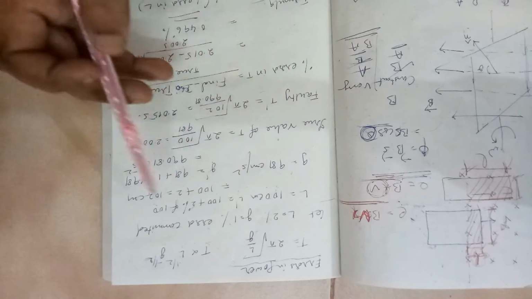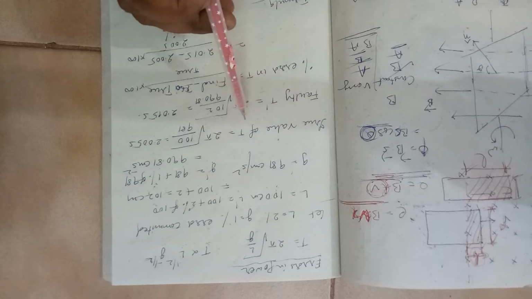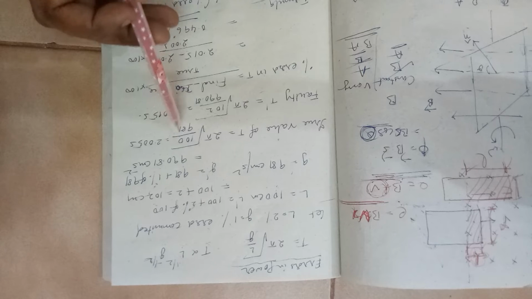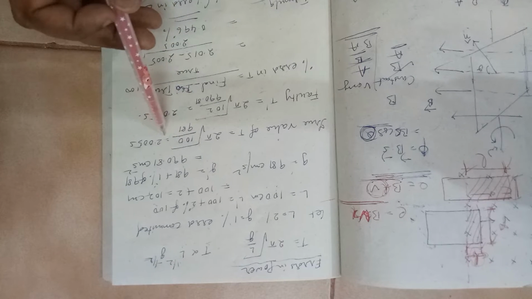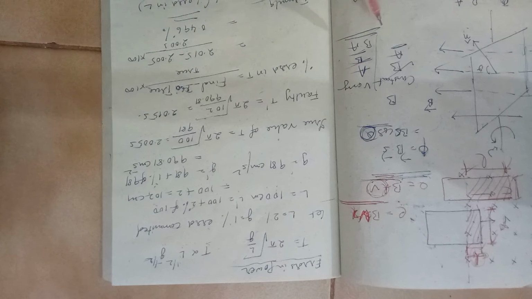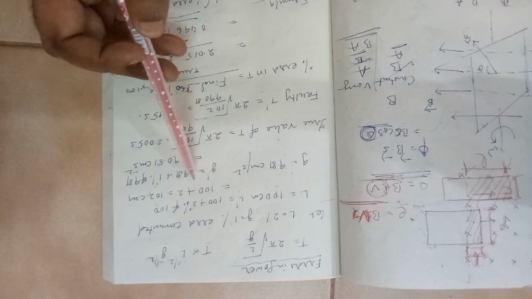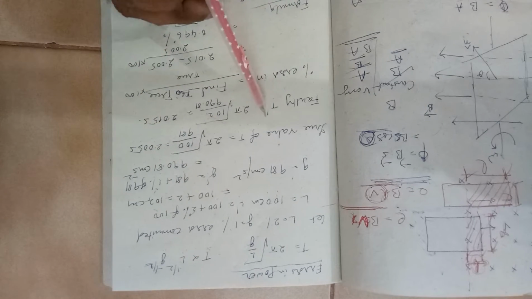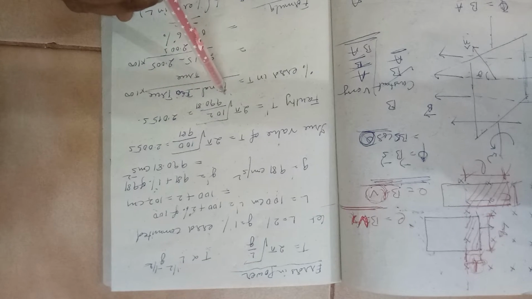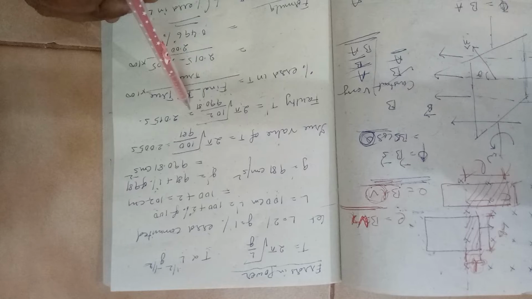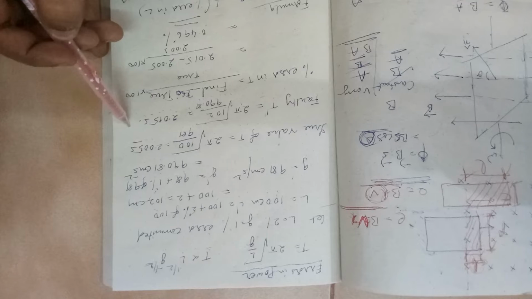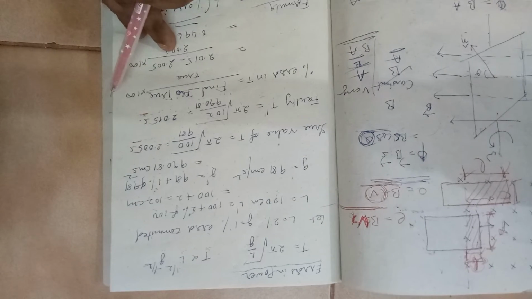So taking the correct values, what should have been the time period? It is t is equal to 2 pi into root over 100 by 981, equal to 2.005 seconds. But since there was error in the measurements, the faulty t dash is equal to 2 pi into root over 102 by 990.81, equal to 2.015 seconds. This is the correct value, but this is the faulty value.